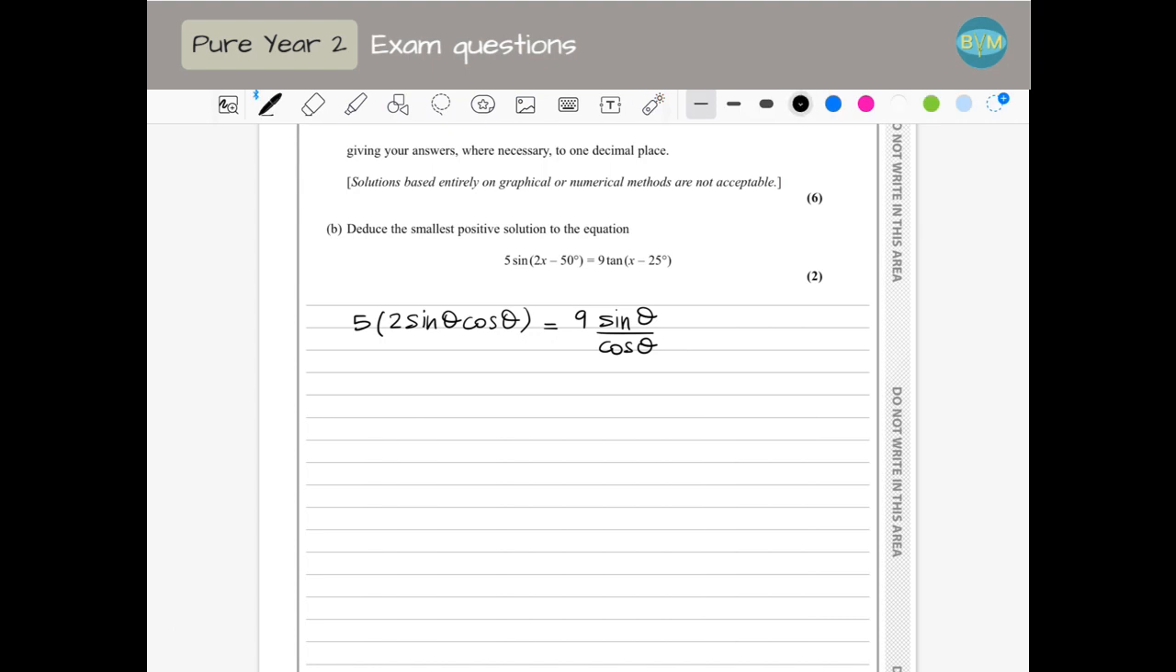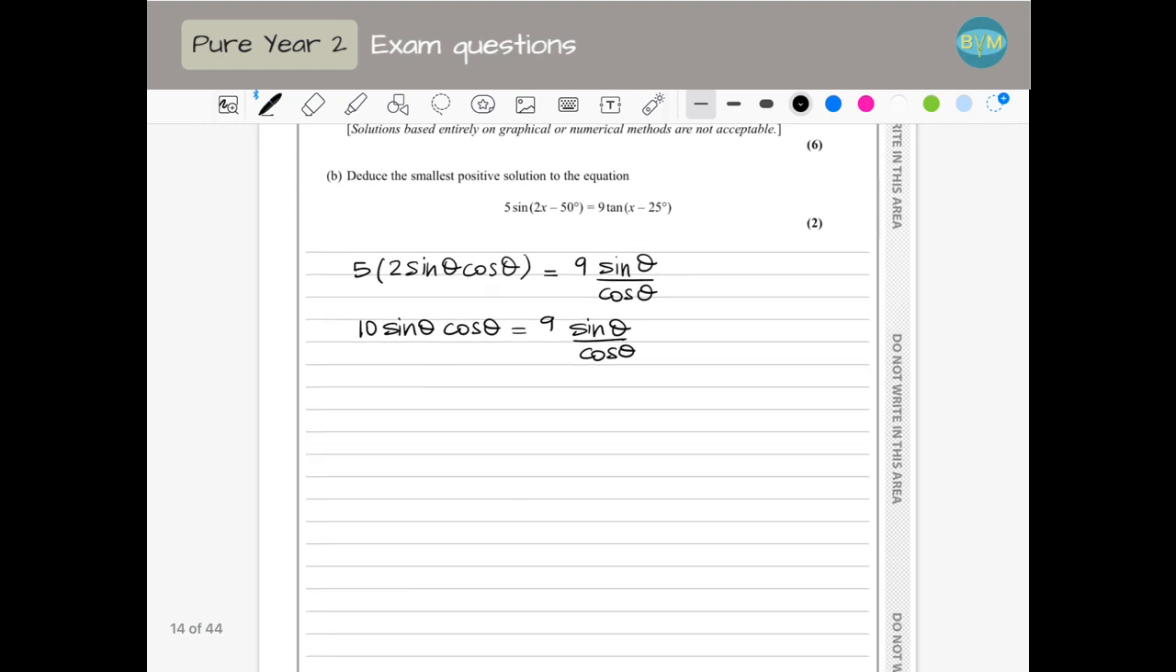So I'm going to expand my bracket, and I have 10 sine theta cos theta equals 9 sine theta over cos theta. If I multiply everything by cos, I have 10 sine theta cos squared theta equals 9 sine theta. And I know your first attempt will probably be cancelling this sine, which is okay, but you have to remember